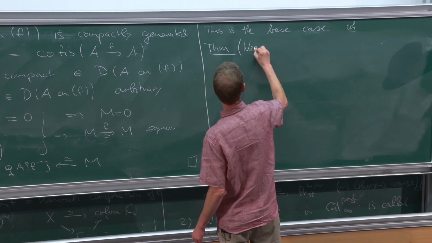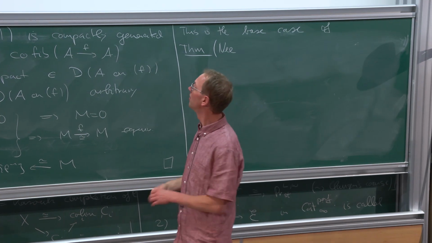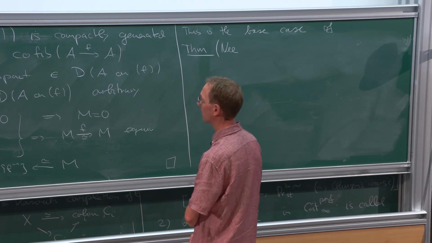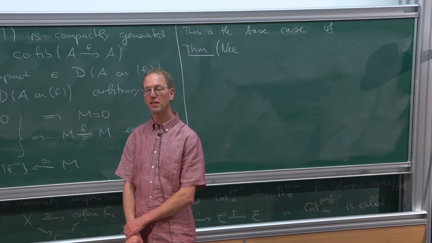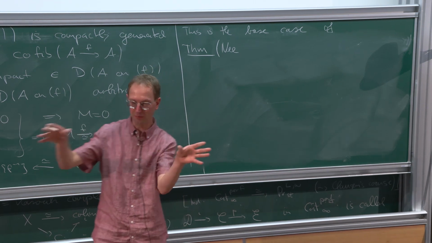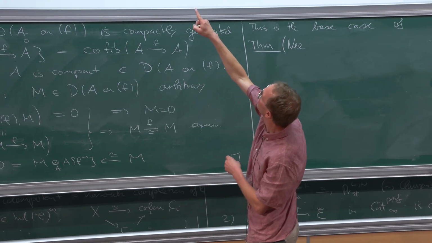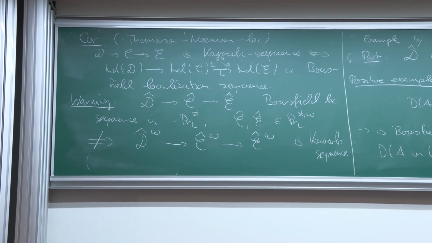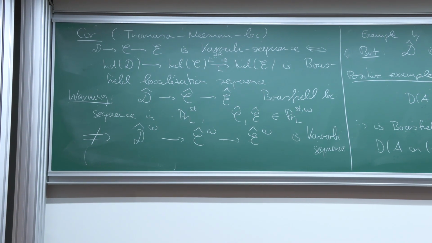Okay, let me. Yes. So you say this is a positive example. Do you mean that if you have the right part of a Bousfield localization, the kernel is not necessarily compactly generated? Yes. And in this case, it is. But if you take the Verdier quotient, then, I mean, if this D hat is compactly generated and C hat is also compactly generated, then also E hat is compactly generated. So the problem is when you only know the compact generation of the right part. Yeah. Then it's yes, right.